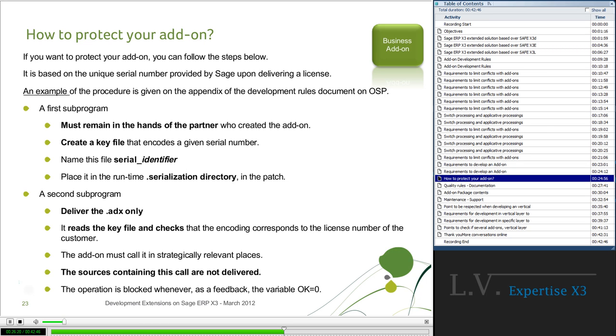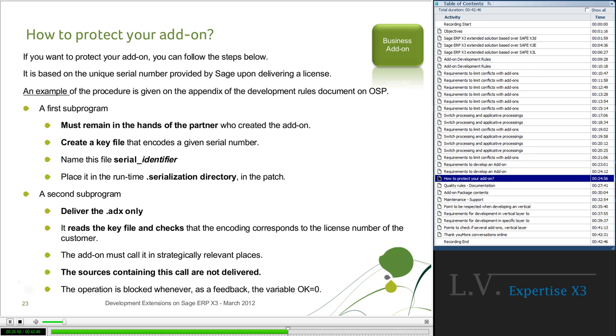In reality, the key file is a compiled processing of X3. You should name this file serial_your identifier, not to override serial files of other add-ons. This serial file should be placed in the runtime.serialization subdirectory.